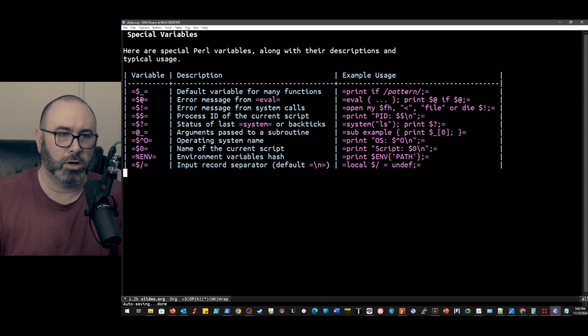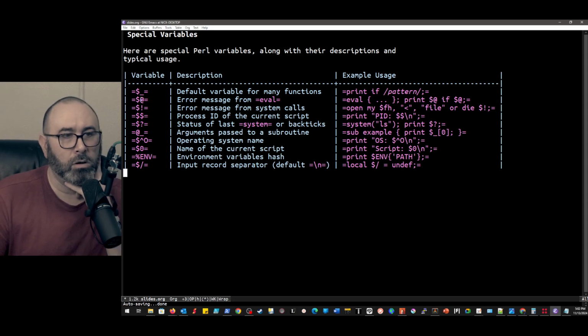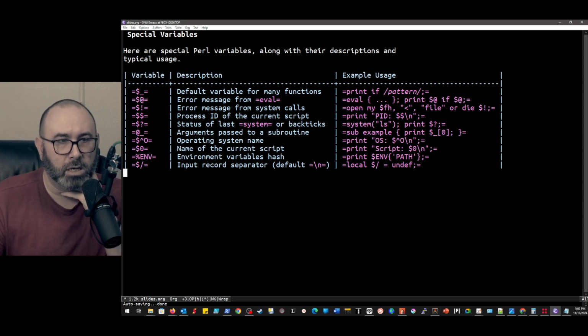$! holds error messages from system calls. So if we try to open a file and have some kind of issue, and we want to print out what that was, there we are. If we want to look at our current process ID, that's $$. If we executed a system call, which is really easy to do because we can just throw it in backticks,